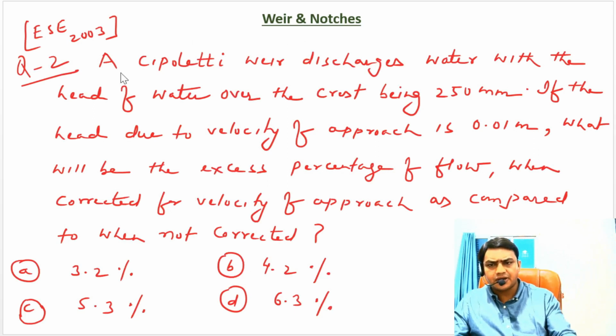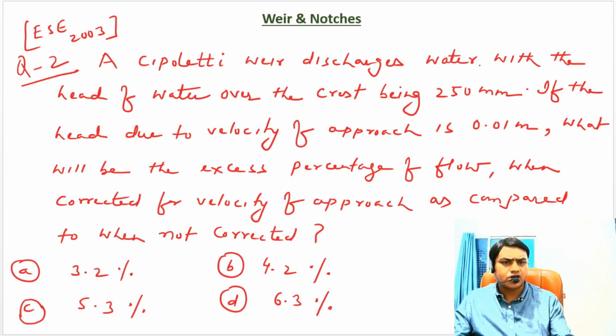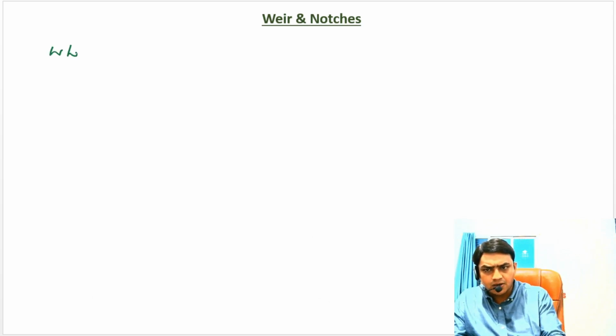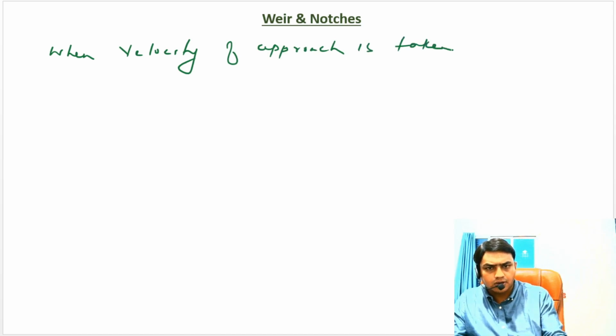Next question I have taken once again from ESE exam. A suppressed weir discharges water with the head of water over the crest being 250 mm. If the head due to velocity of approach is 0.01 meter, what will be the excess percentage of flow when corrected for velocity of approach as compared to when not corrected? So when velocity of approach is taken into account,